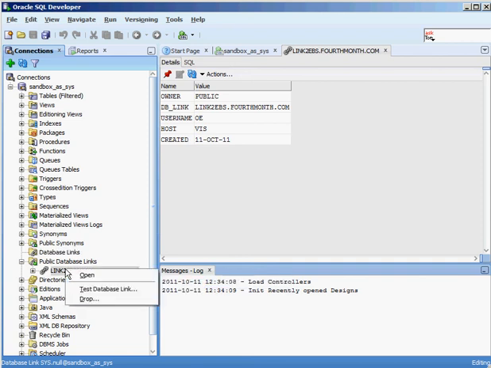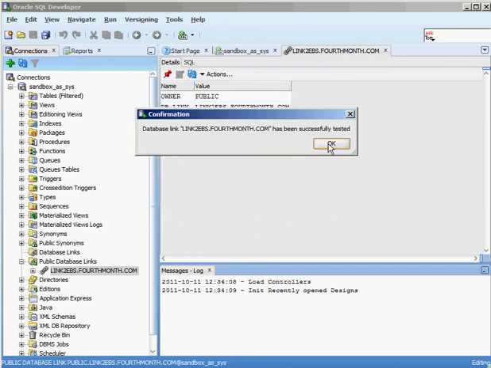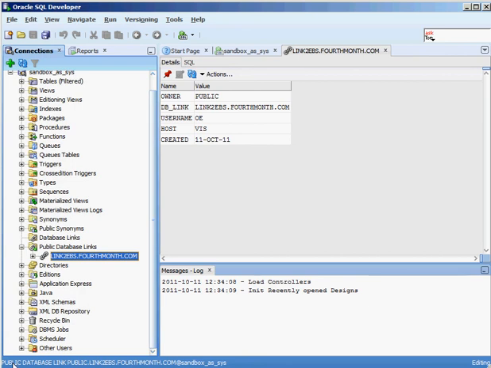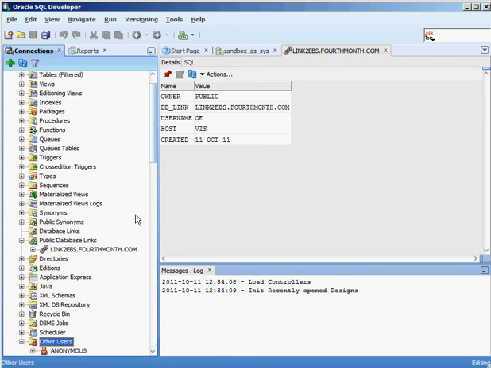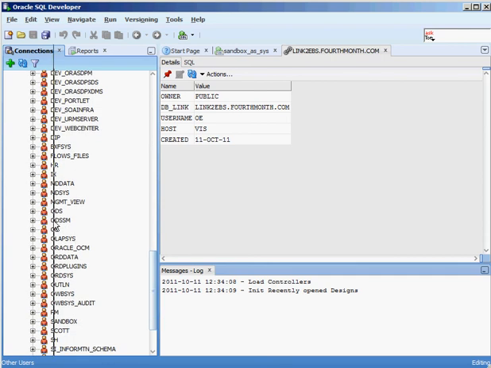I can right click on it and test the database link if I want to, and it'll just give me a real simple SQL statement to go ahead and test, and it says, okay, everything looks like it tested successfully. So now I'm connecting to my other database as the OE user. Under my current database, I also have an OE user. So we can test the difference between those two